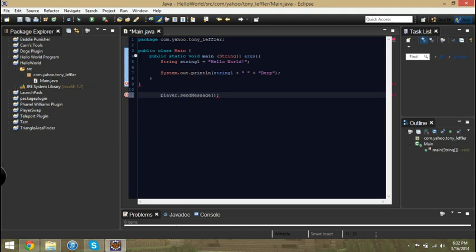If several words are used to form the name of the method, send and message, then each inner word should start with an uppercase letter. So we have send, the first word is lowercase, but then the second one is uppercase. If you kind of understand that, then you're good to go. Okay, so